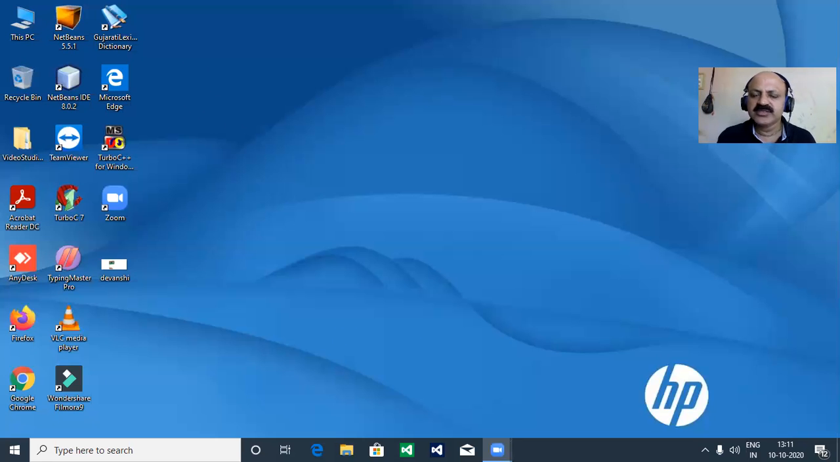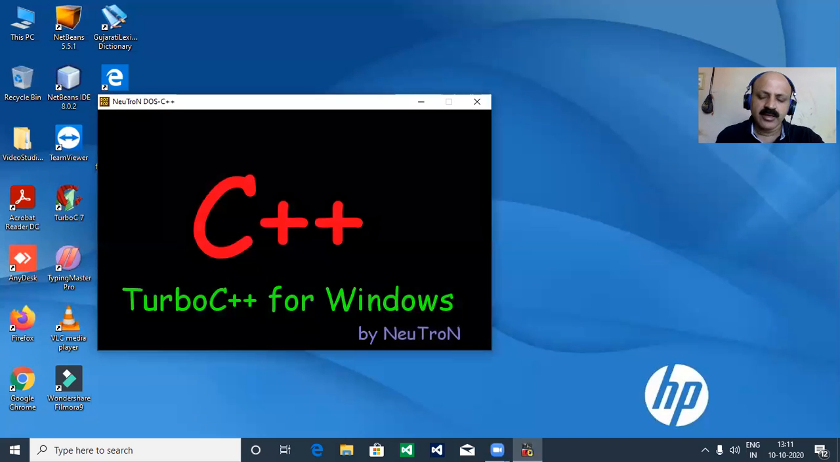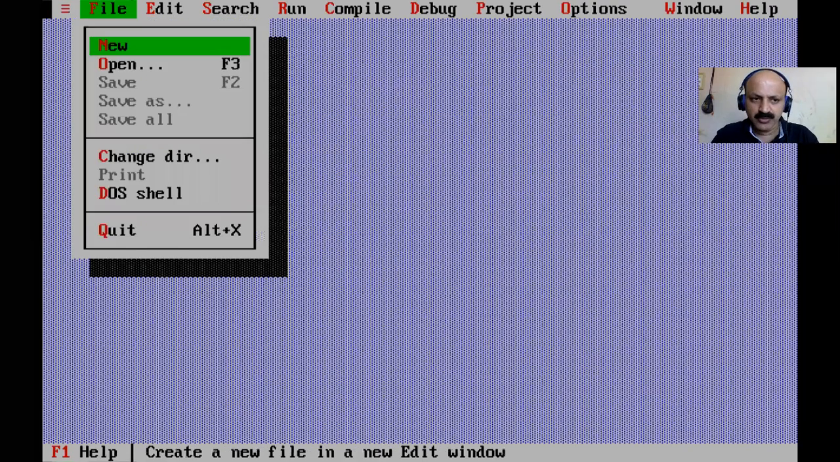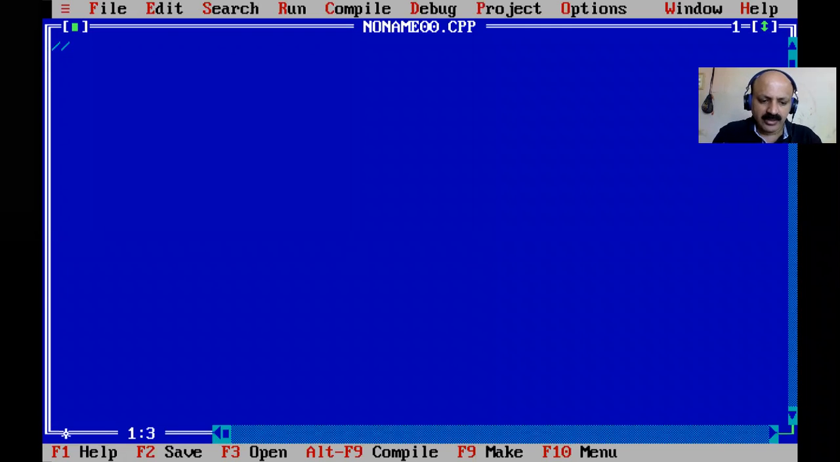So first I share my laptop screen and fix the position so you can watch my video lecture in a better way. Here I double-click Turbo C++, and now it is open. Alt+F opens the file menu, and I take a new file. And here we write a program to